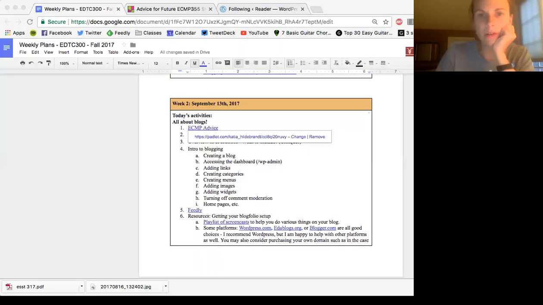I'm just gonna share my screen, so you're gonna see how much fun we can have on Zoom. Okay, now you should be able to, wait, did I share the right thing? Yeah, can you see the weekly plans? Yes, awesome, okay. For some reason, I'm not getting the awesome green highlight around my screen.